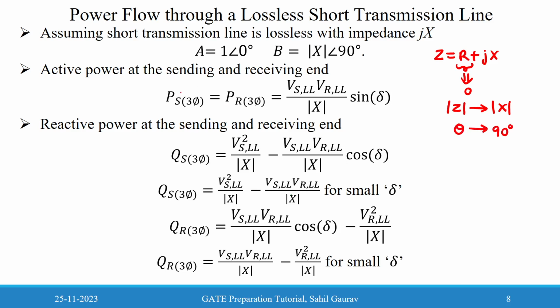So you will get the active and reactive power for the sending end and receiving end. And the A value will be similar to the previous case. So on substituting these values,